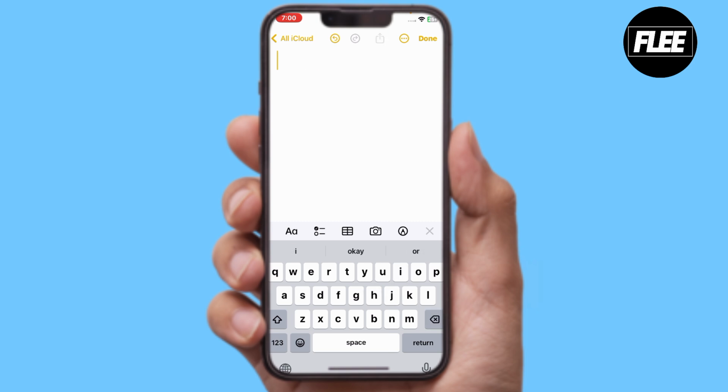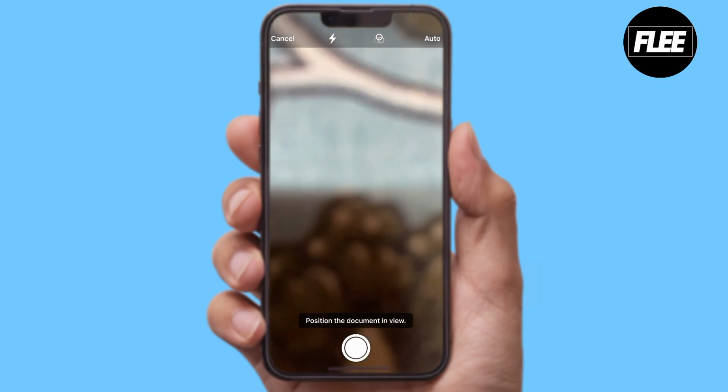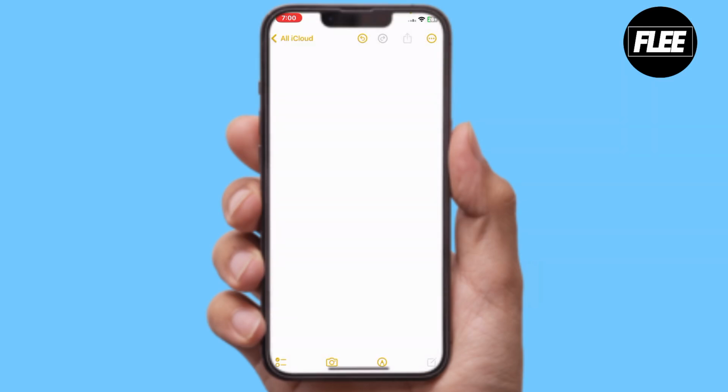Now, how to scan a document? On the bottom of screen you're going to see an option called plus, like this. Click on this, and then the fourth option is there's a camera. You have to click on scan document option to simply position the camera on the paper like this, and then simply scan it. After you do it, all the matter you think that is on your photo, that is on